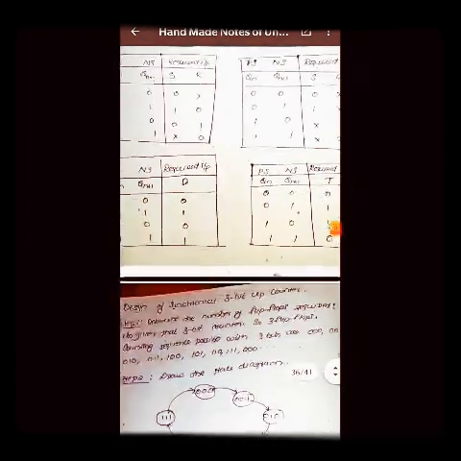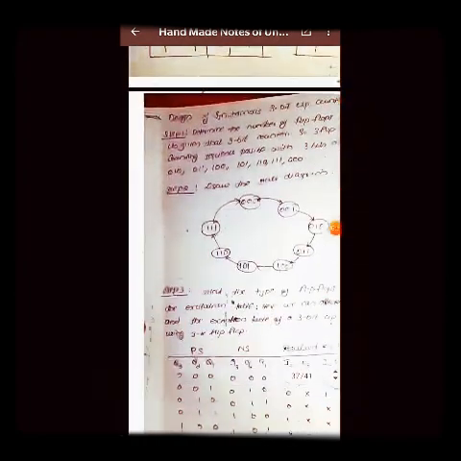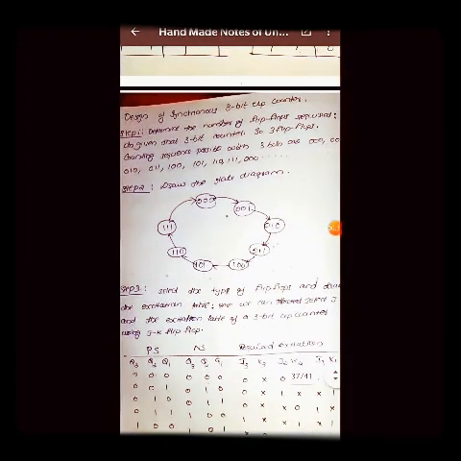So in a synchronous counter, after making this excitation table, we move to the next part. We need to first of all draw a state diagram of counting. As we can see on the screen, the counting state diagram is like this: 0, 0, 0. Then this is the ascending counting. After that, the next value is 0, 0, 1. So the initial value is 0, 0, 0, and the next value is 0, 0, 1.